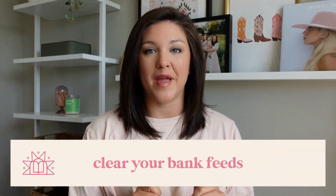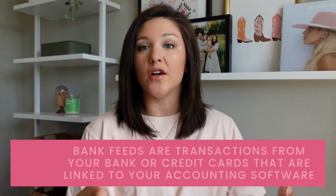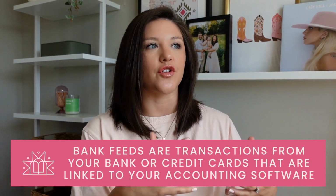Step 1, clear your bank feeds. Bank feeds is the terminology if you are in an accounting software, but you can also just grab your bank statements or go into your bank account and add everything to your spreadsheet if you are a spreadsheet girly. But if you're in an accounting software, this is the quickest step, especially if you have bank rules for everything,